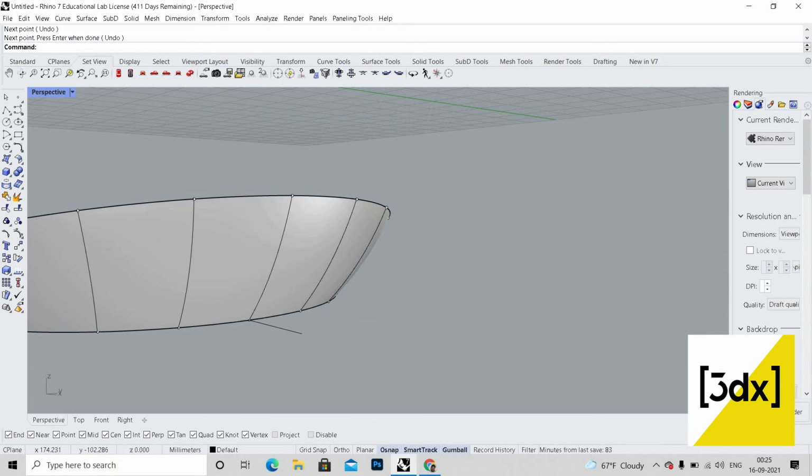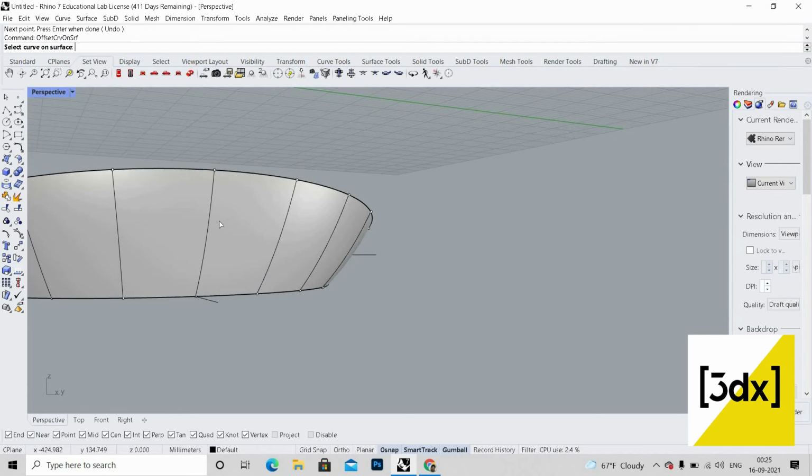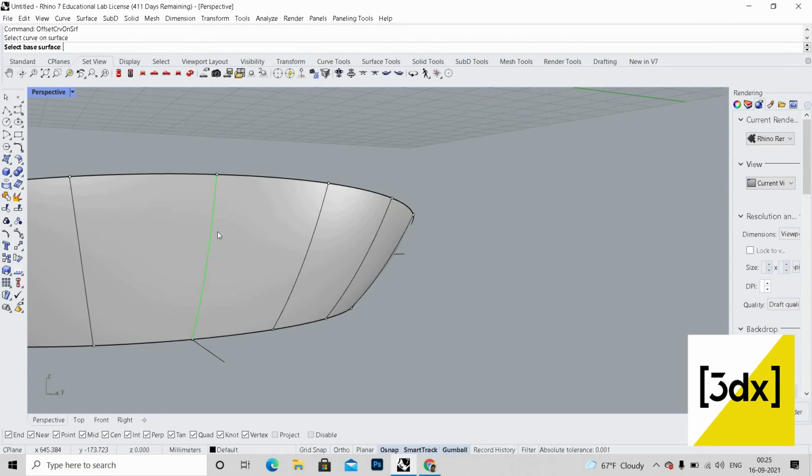Now I'm going to use offset curve on surface. So the curve is on a surface, so we are going to offset a curve which is on a surface. Okay, so we are going to use this command. So I'm just selecting this,